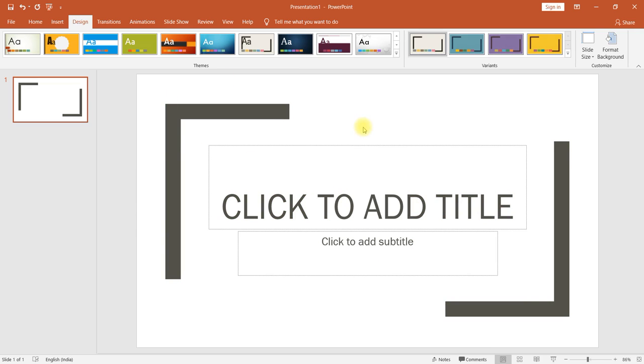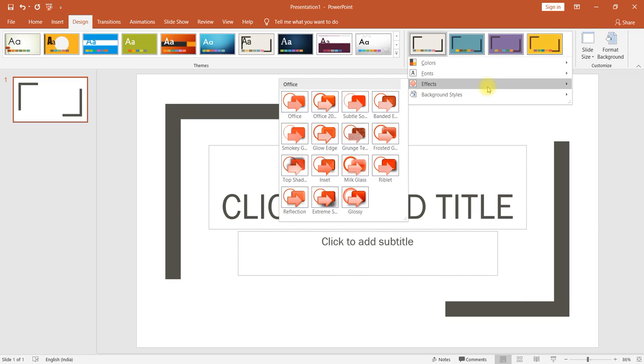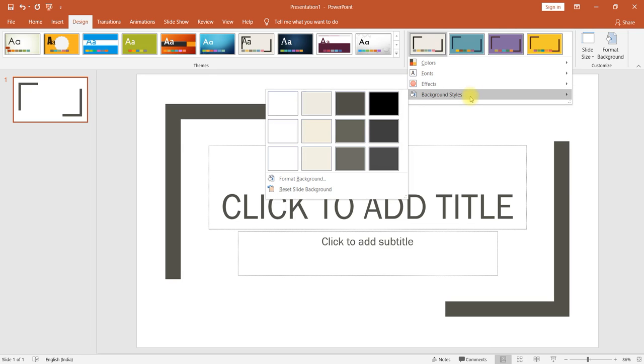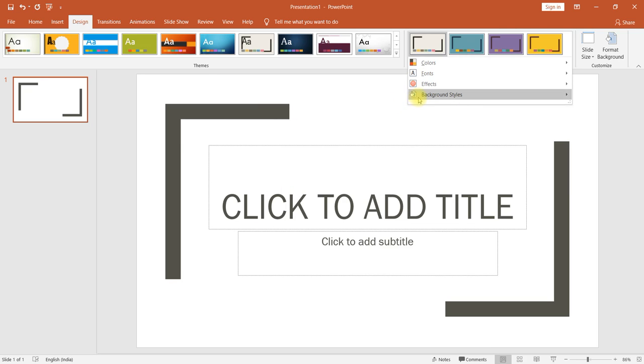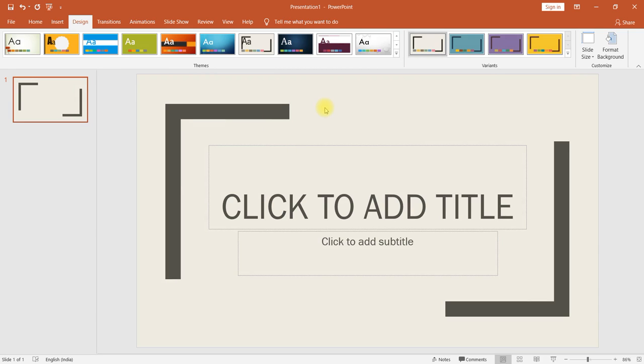Color combination, and you can do the font here also. You can change the font for the entire slide. You can select the effects for the entire slide, or we can format everything in a different way. Even the background color you can change, like this. Select any one background color which is suitable for your format. In the sense, your presentation should be attractive when you are presenting to clients.